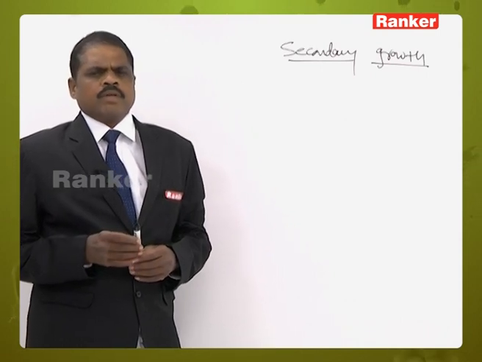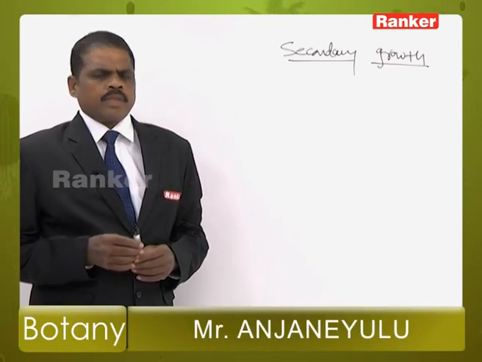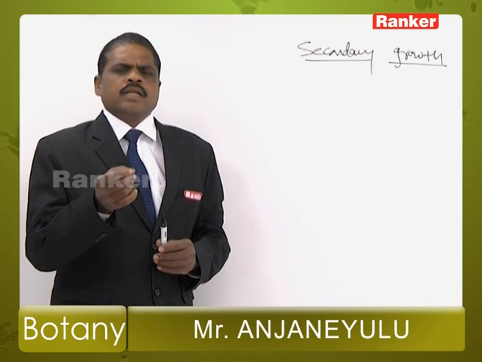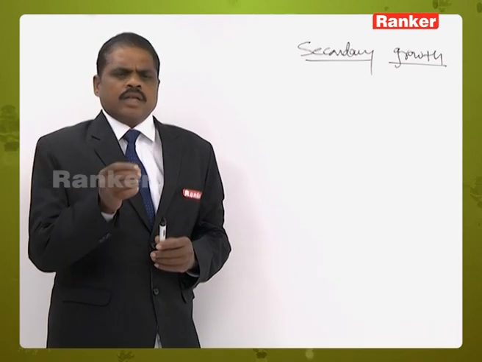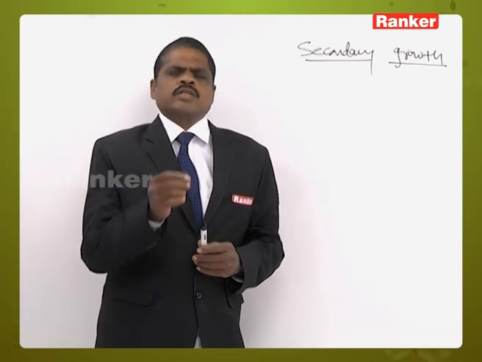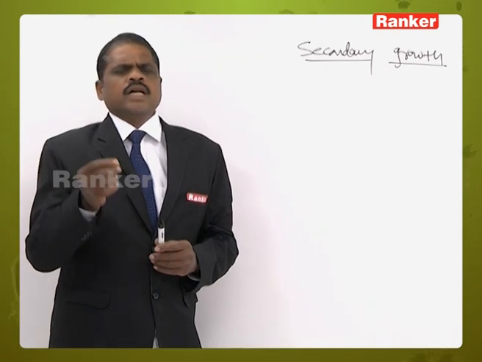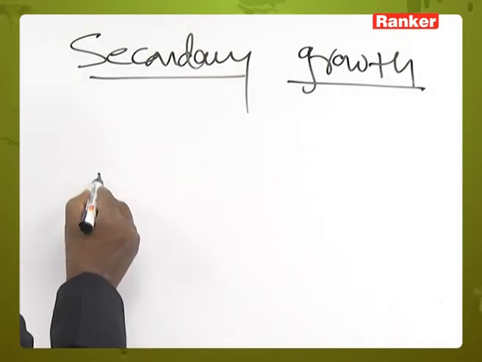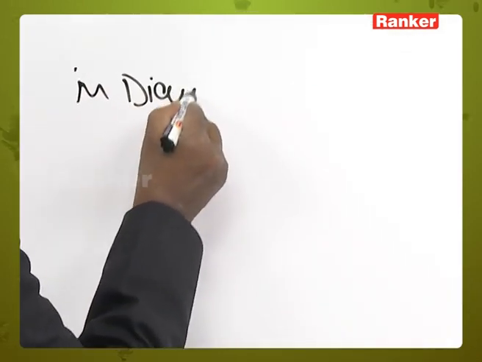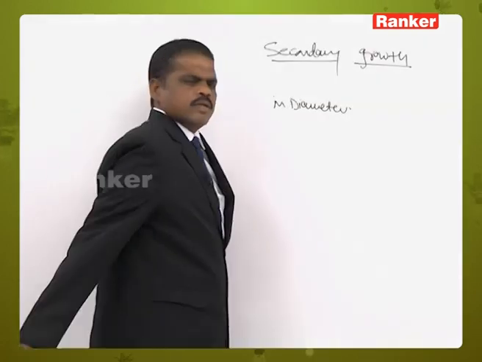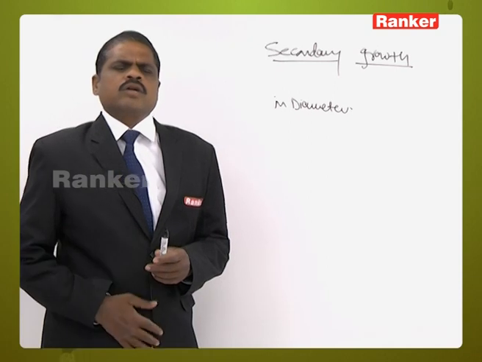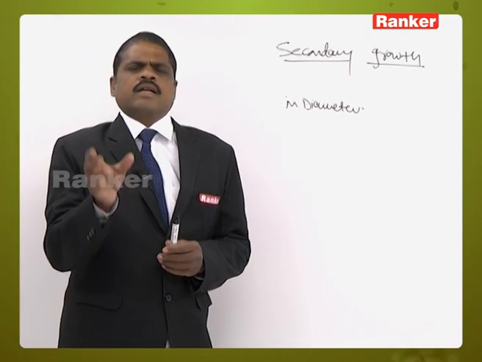Growth in plants is of two types, primary growth and secondary growth. Primary growth is universal. Primary growth takes place in almost all of the plants. The growth in a linear manner, the growth in a vertical manner, is called primary growth, which is universal in almost all the plants. Growth in diameter,